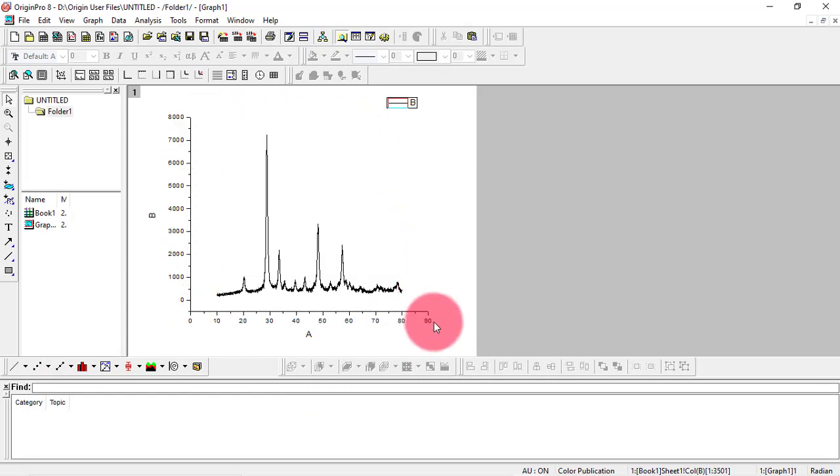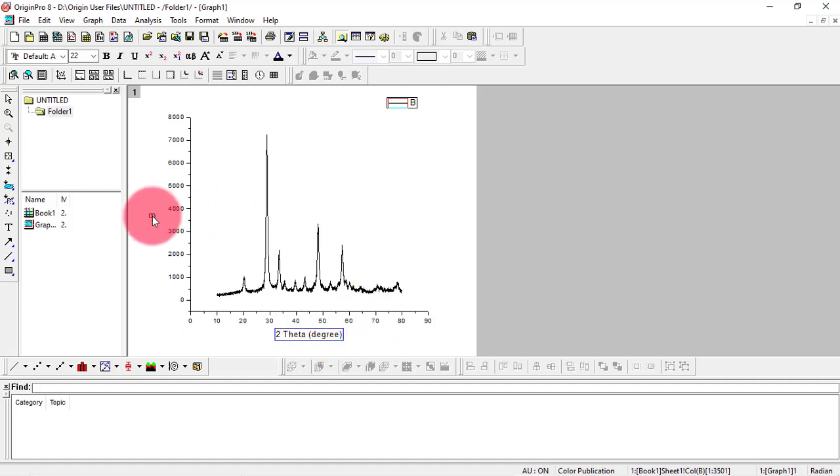Now you can decorate this graph. As I have not given any X parameter or Y parameter, I have not labeled them. You can label it here also. You can double click it, delete the terms, and write 2 theta, whose units are in degree.